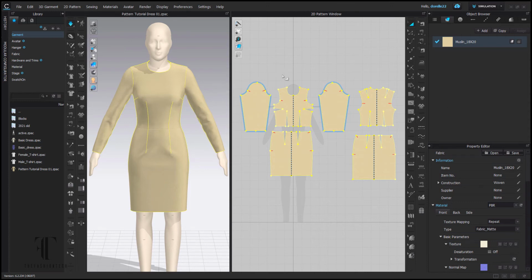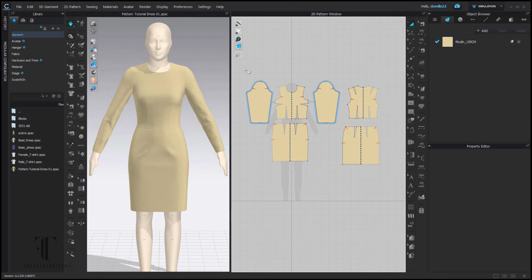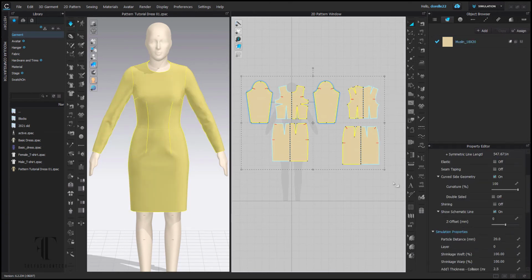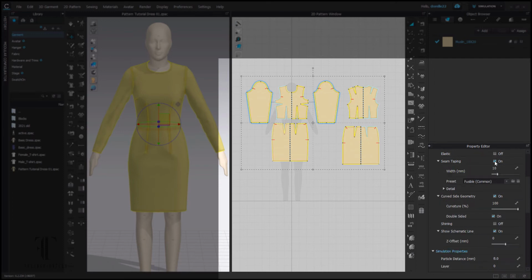Now I have all of my lines highlighted and I can see all of my grade points, which are the bigger yellow dots. But there's also one thing that I want to show you that can help me with this pattern's measurements. Right now, your particle distance is stretching at your seams, and that's okay for visual, you can get it. But if you want to have the true